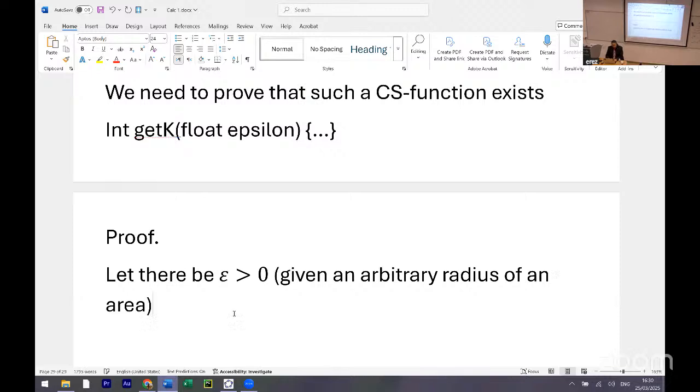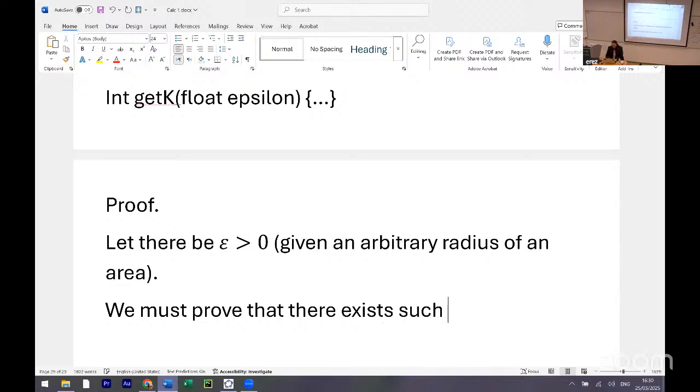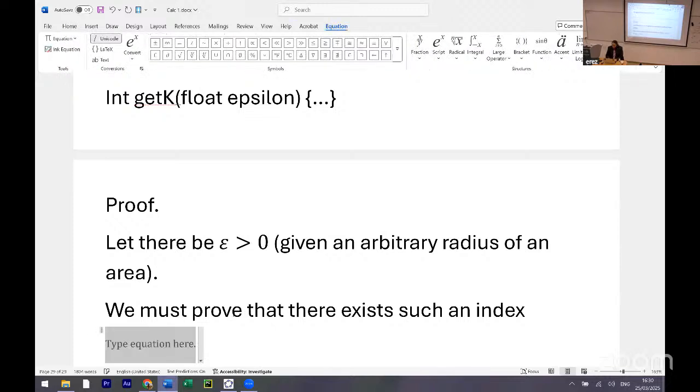Someone gave me an arbitrary radius. We must prove that there exists such an index K